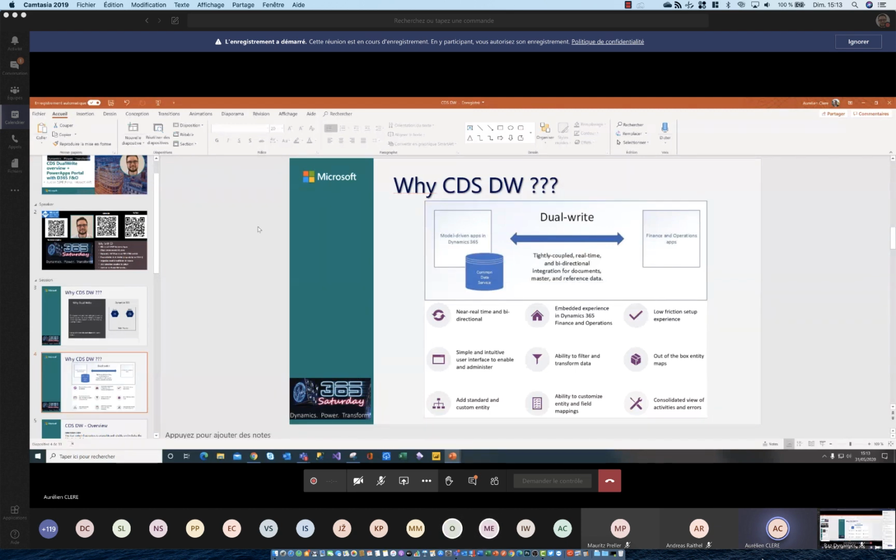If you just want to push your data from finance operations to your CDS, but not from CDS to finance operations, maybe for certain processes or needs, you can. And you can also do it vice versa. As you will see, you have a lot of out-of-the-box entity mapping done by Microsoft.